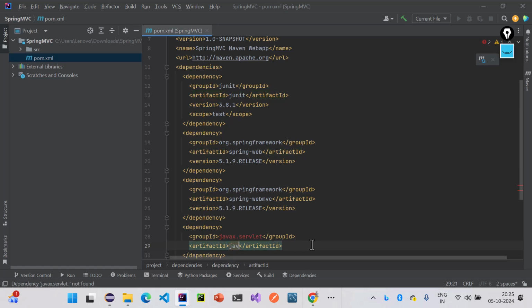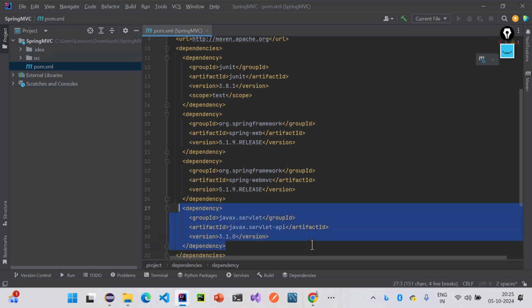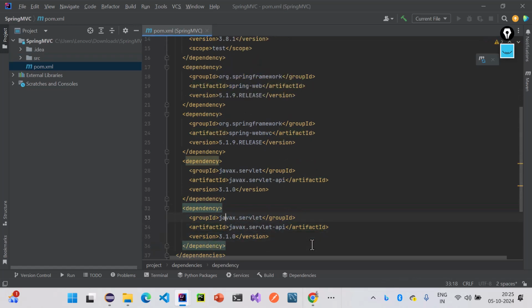So JavaX Servlet API, and version number is 3.1 or 4.0 also I can use, right? This is third dependency for Servlet, fourth dependency for JSP. So JavaX Servlet dot JSP, JavaX Servlet dot JSP hyphen API, and version number for JSP is 2.3.2